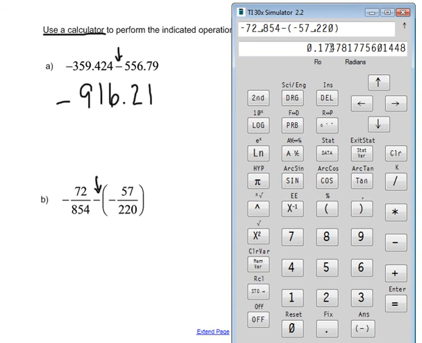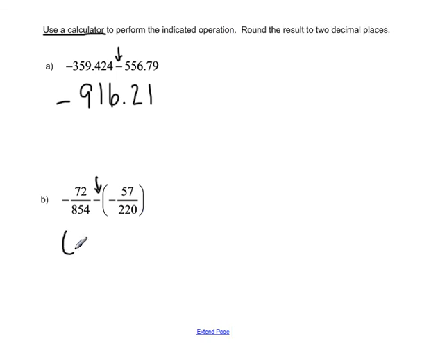So here, once again, we want to round to 2 decimal places. So I look to the third decimal place to tell me what I should do with that second decimal place. Once again, we have a 4 in the third decimal place. So that's not enough to kick the 7 up to an 8, so my final answer is just going to be 0.17, or 17 hundredths. So we'll go ahead and write that down here,